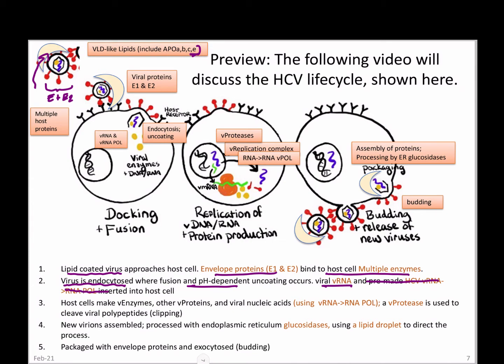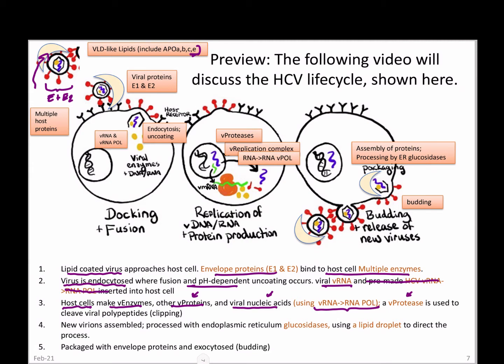So like all viruses, the host cell is going to use its ribosomes. It's going to use the viral RNA, in this case, to make viral enzymes, other viral proteins, and then using the viral RNA Pol that the cell has just made, also going to replicate the viral nucleic acids. In addition to these structural proteins and new nucleic acids, the cell makes a viral protease